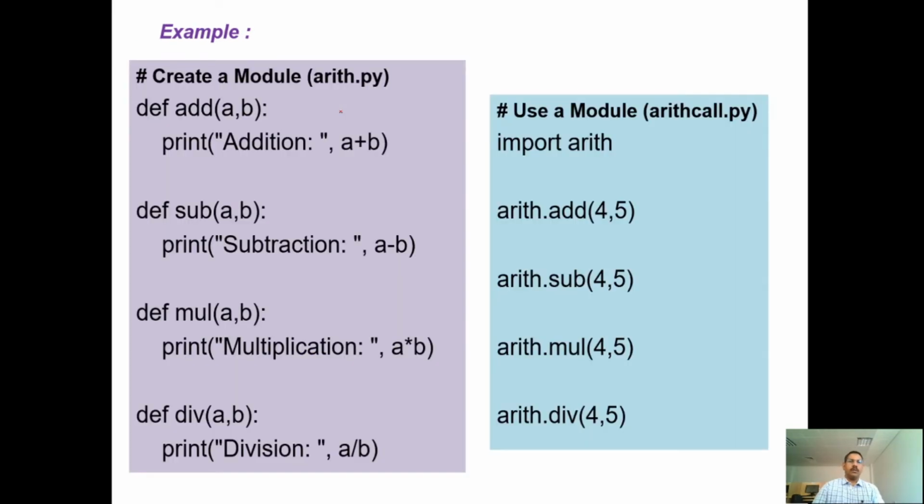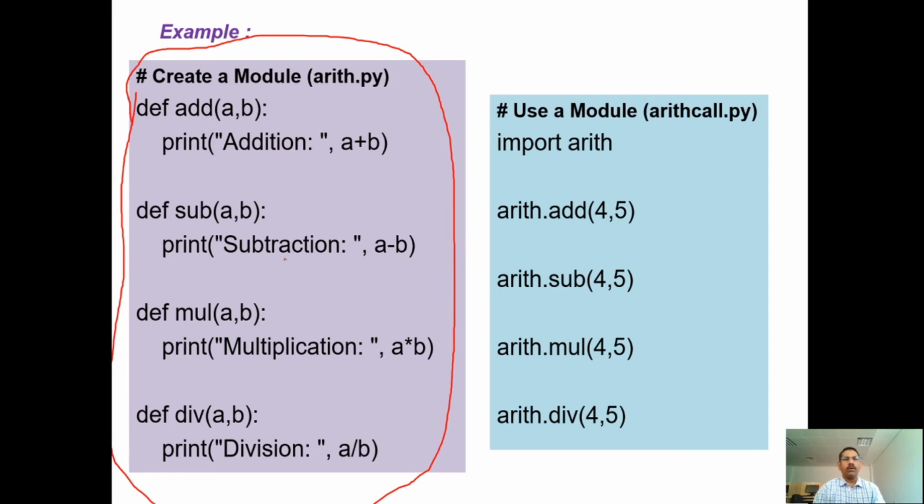Now come to the third example. The third example is very simple. In this first file, we completed all the operations. See, all the operations are done in that first file. Now this file we are going to call in the second file. So see, import arth, this is the file name we are calling here. Now we are passing only the values. So arth.add. So what is this?